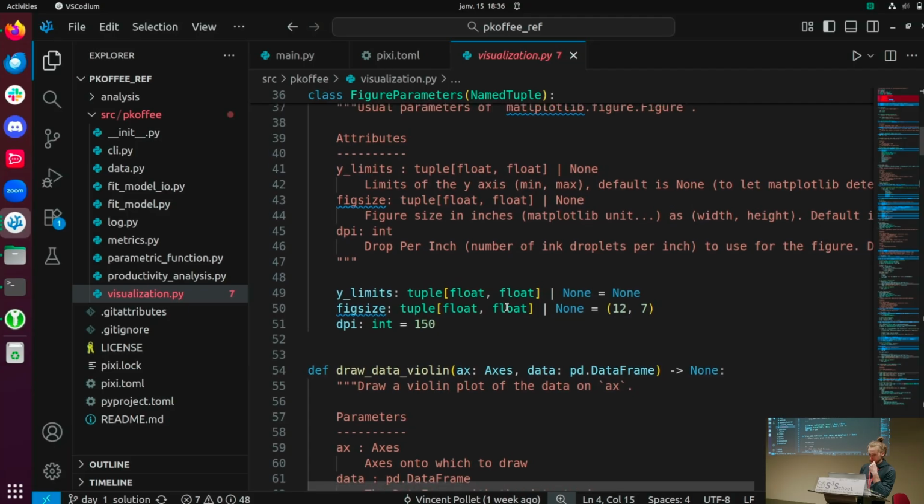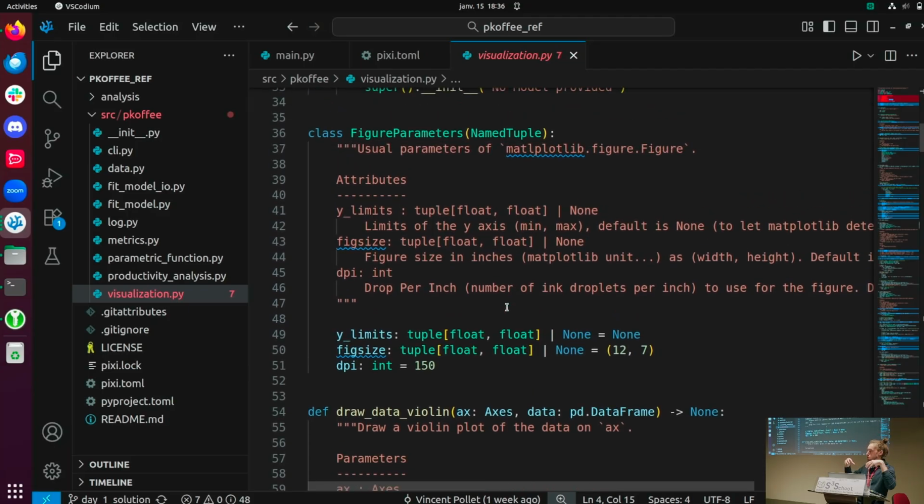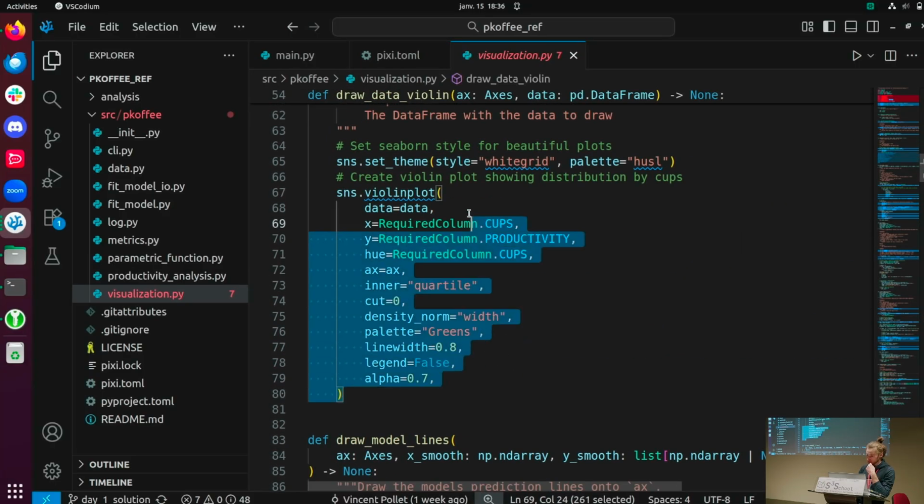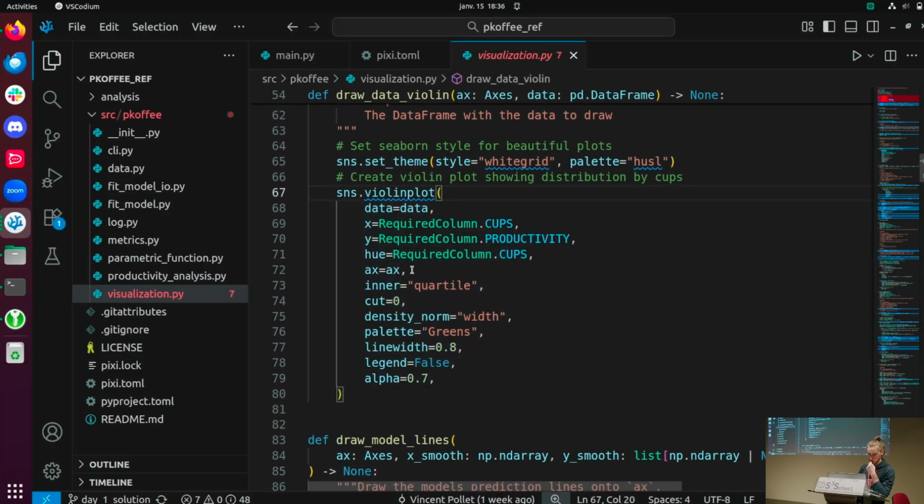There are a few classes to store the parameters that you want for your function, etc. And then it's just a few functions that call the same plot that we had previously. That's basically the refactoring of the ideas. Then we've added a few things to improve